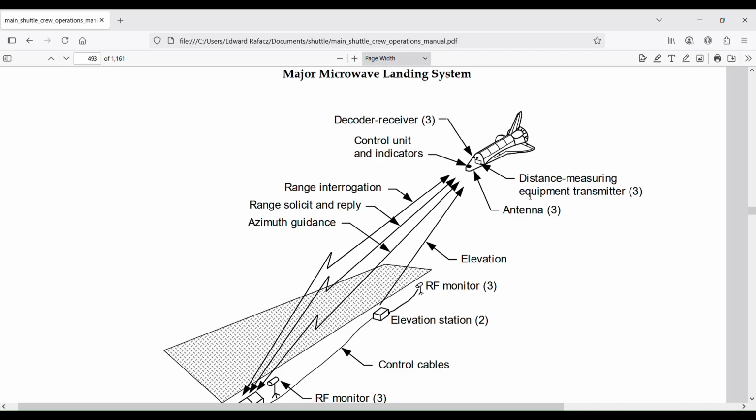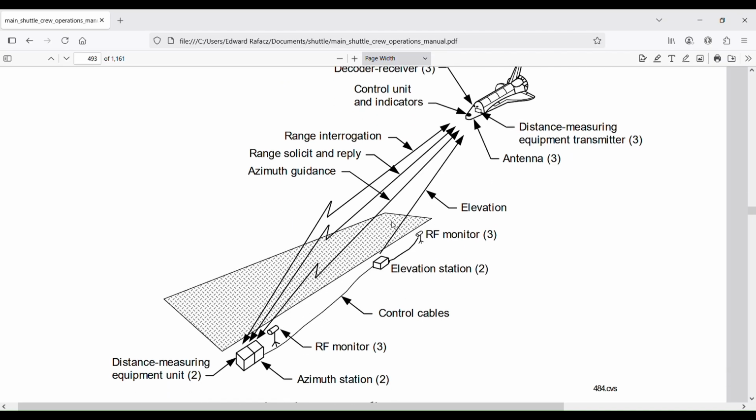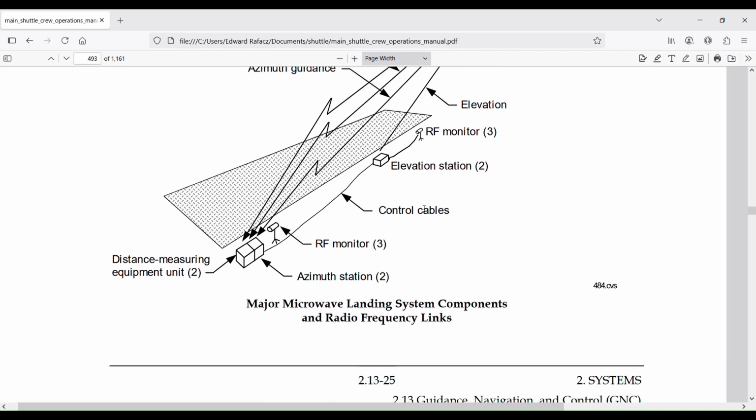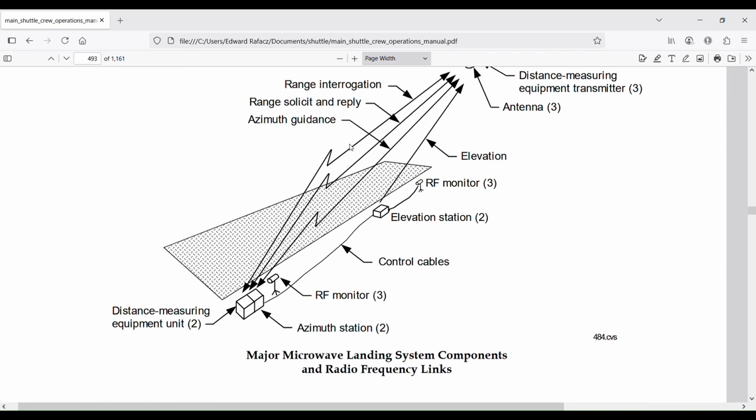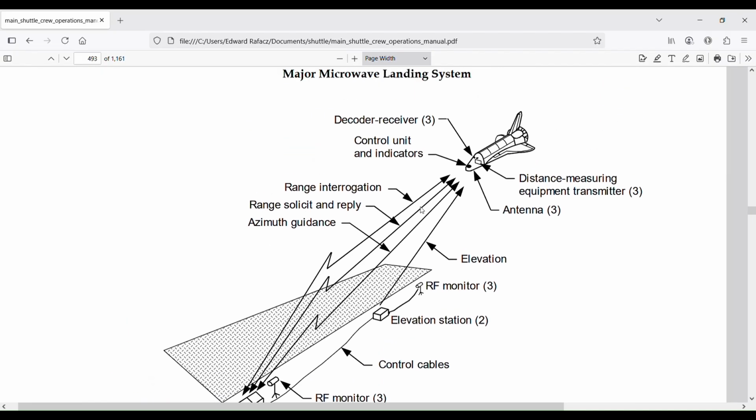As you see, here is a better one. You have DME, or distance measuring equipment, on board. Here is the runway, and this is actually at the end of the runway. So the azimuth station has an RF, and basically what this is going to tell you is how to get to the end of the runway. It's going to tell you to steer left or right, and if you're too low coming in to the runway, it'll tell you to pitch up or to come down. And the way that that is done